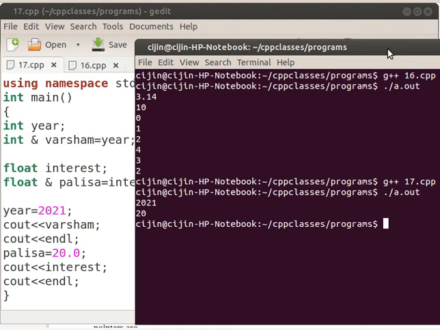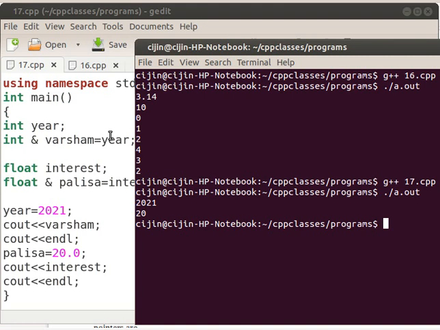Both the names varsham and year denote the same variable, the same location. Similarly, both the names palisha and interest denote another same location.